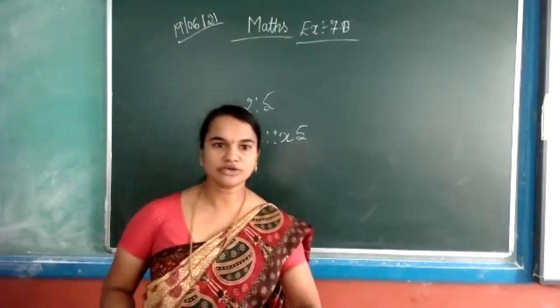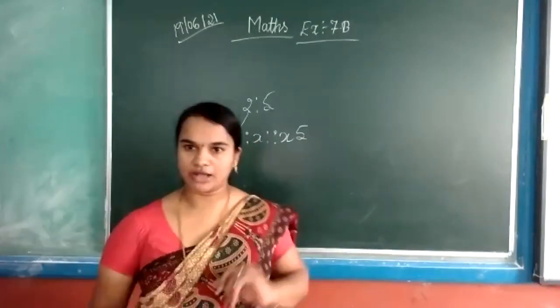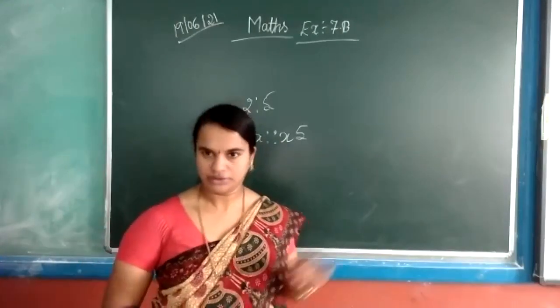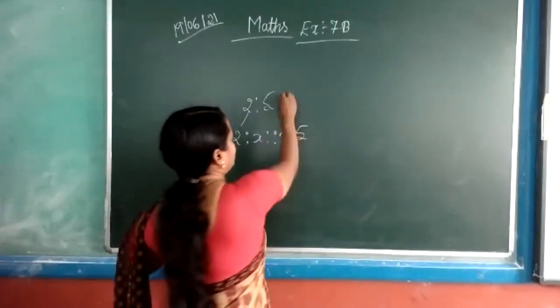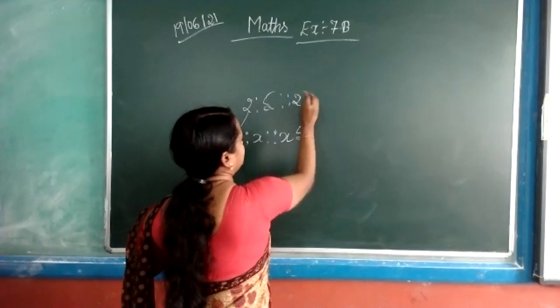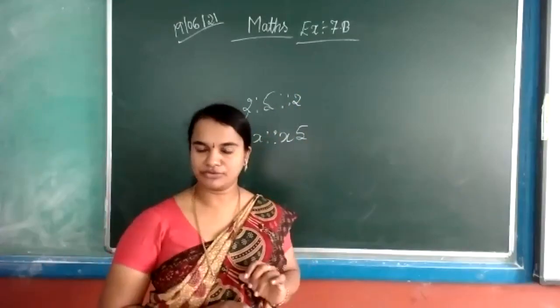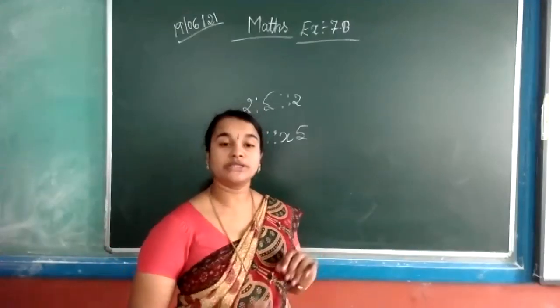When we solve the question, it will be very clear to you. I am only giving the example now. So the center part, like this we are doing. And for the fourth proportion, in the place of the fourth, one more digit they will give, like 2, and the fourth proportion means the last number we have to find out. And sometimes they will ask us to find the third proportion.